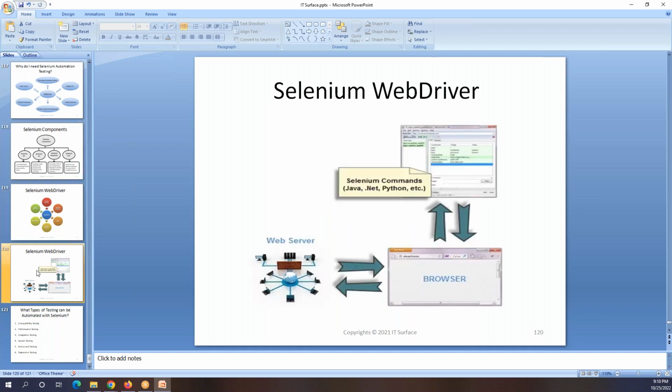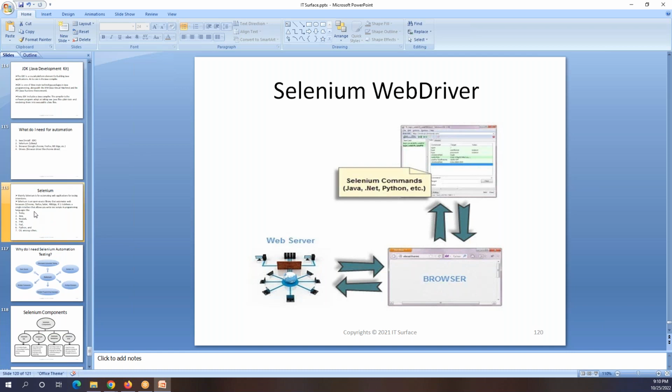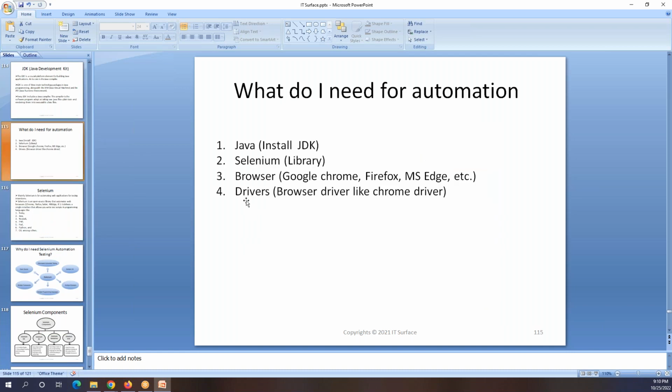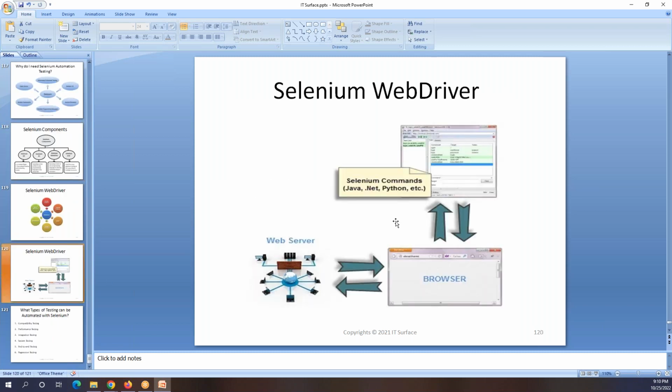Then this is how Selenium WebDriver works. If you remember, I mentioned this one here, the driver, right? How does this driver work? Basically, Java needs to talk with your browser. So how will it talk? It will talk with this driver. If you see this picture here,